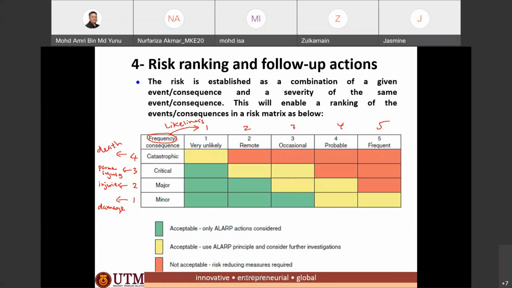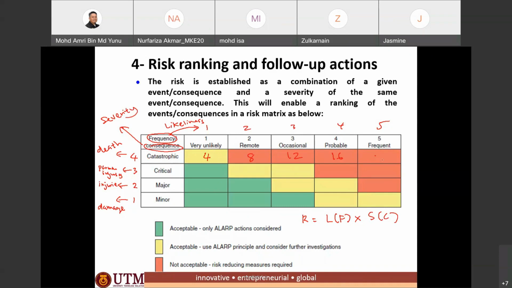Okay, so when you do the risk, okay, risk is basically the likeliness or frequency multiplied by the severity, or these are consequences. Consequences. Okay. This is the severity lah. Severity. Okay. So for example, 1 times 4 is 4, 2 times 4, 8, 3 times 4, 12,